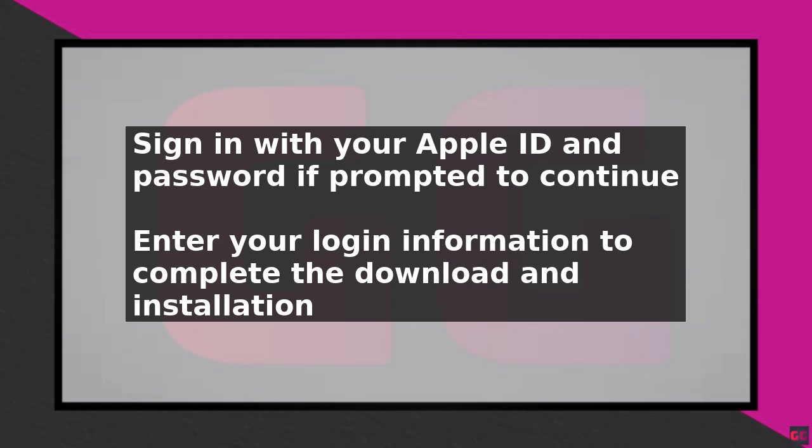You will then be prompted to sign in to your Disney Plus account or create a new one if you do not already have one. Enter your email address and password to sign in, or follow the prompts to create a new account. After signing in, you will have access to all of the content available on Disney Plus, including movies, TV shows,